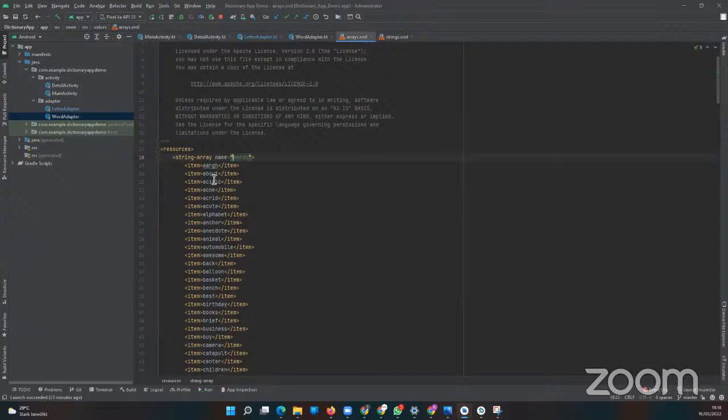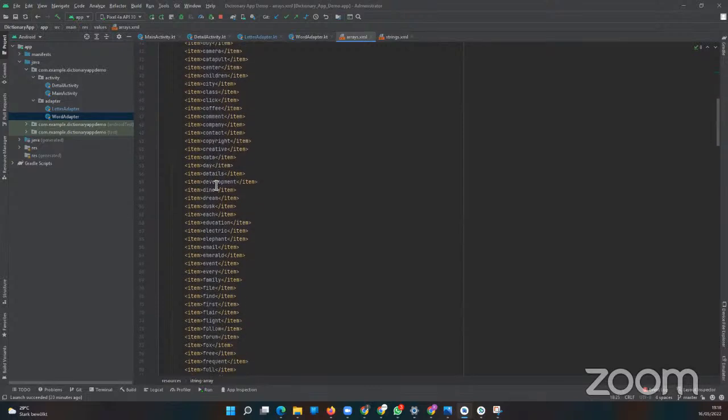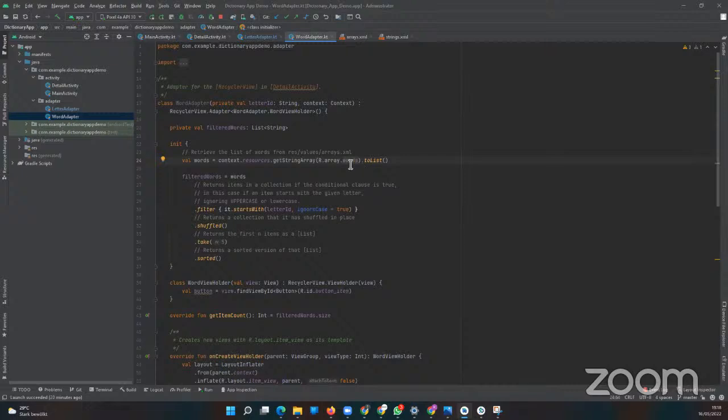So you can see A, B, C, and the likes. So that's where that came from. And then I converted it to a list. So we're going to retrieve the list of words, and we're storing it in this variable called words. And then I created a variable, an empty list actually, called filtered words, because remember we used filters in the last class when we talked about